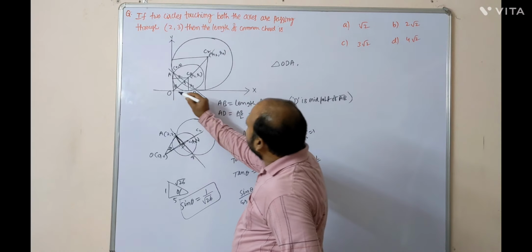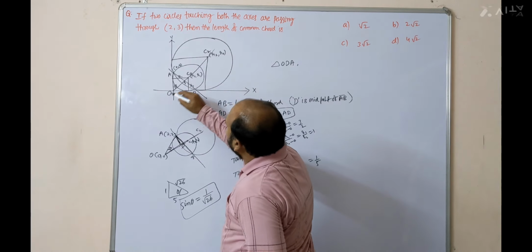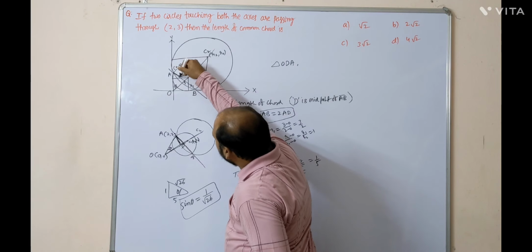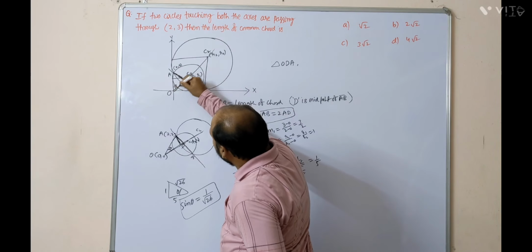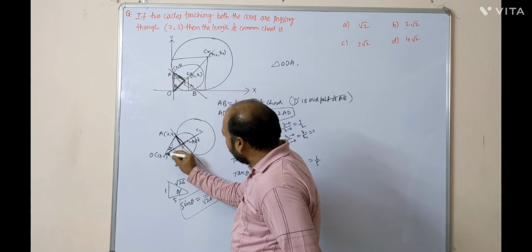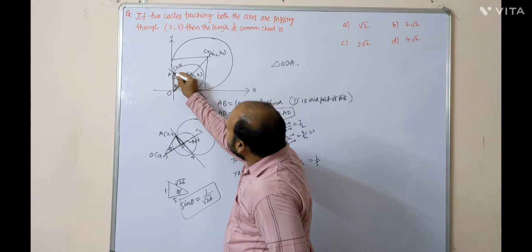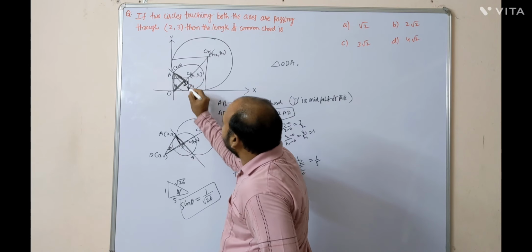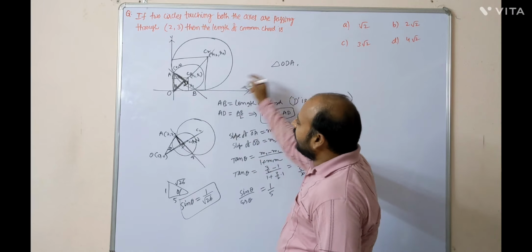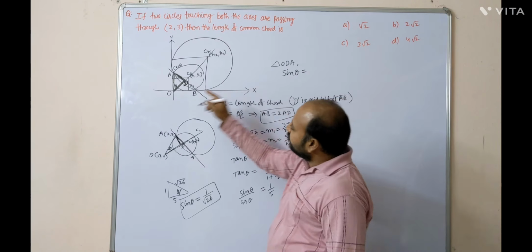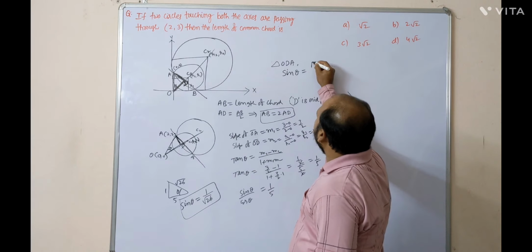Come to here. I want to get the value of AD only, no? AD from here to here. This is the triangle, which we have taken separately now. This AD I want. This is the D point now. So again from triangle ODA,